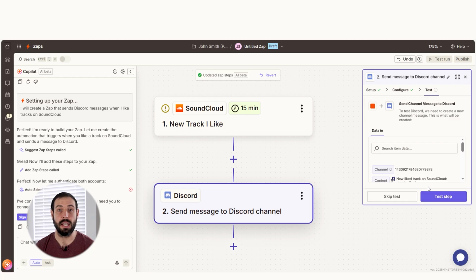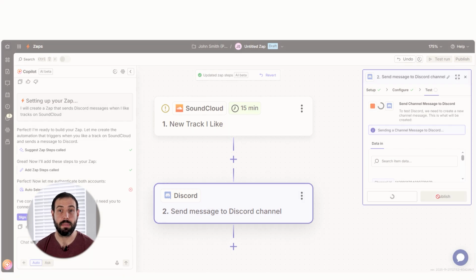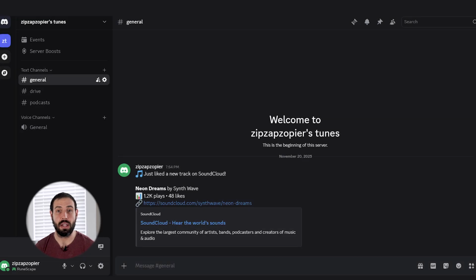Once that's complete, I'll test the step. Great! Let's check our Discord channel to make sure this worked. Yep, there it is. This is ready to turn on. Now, whenever we like a new track in our SoundCloud account, a message with the track information will be sent